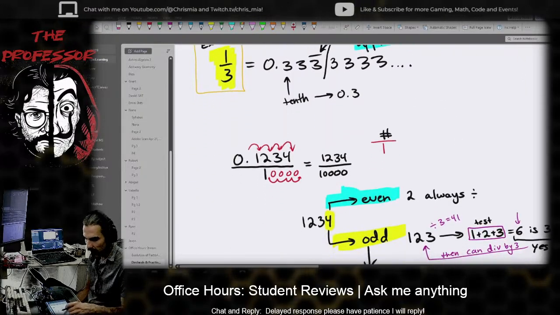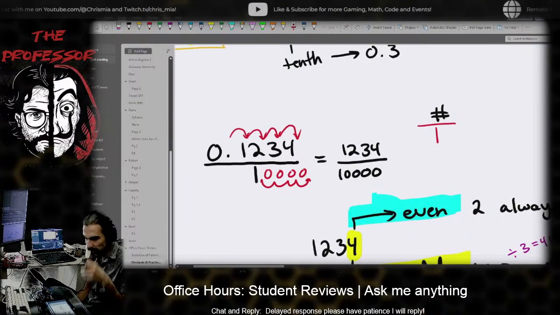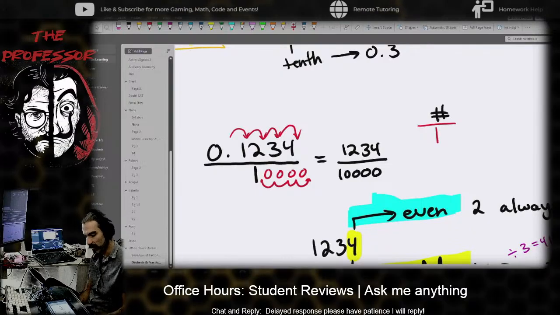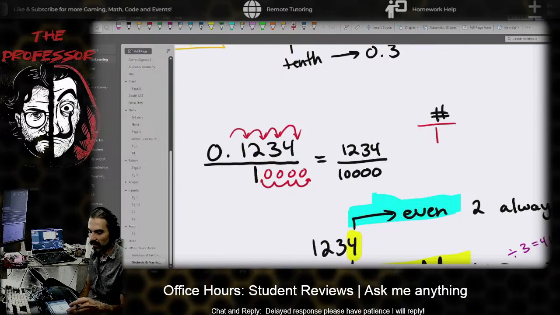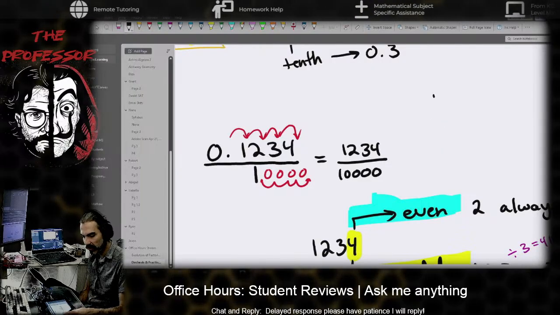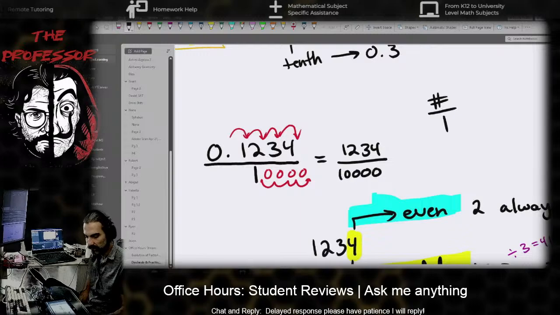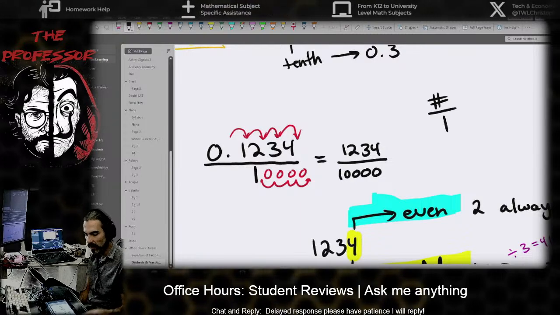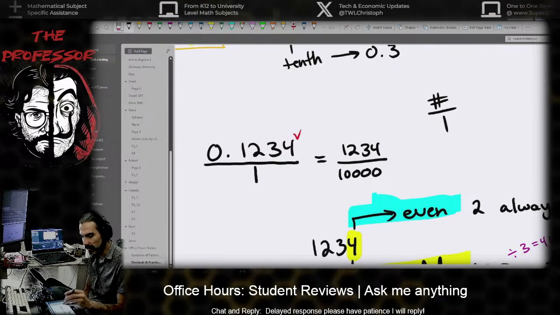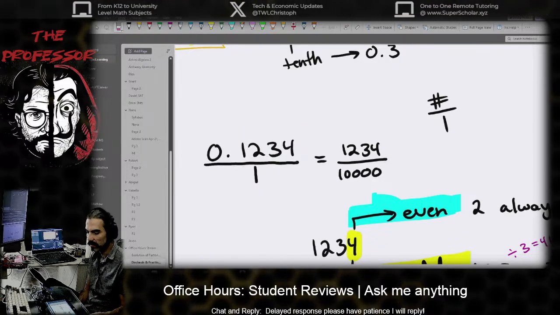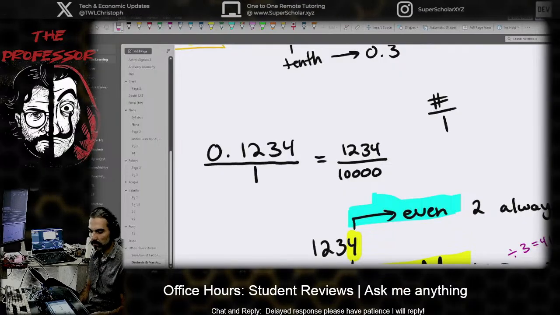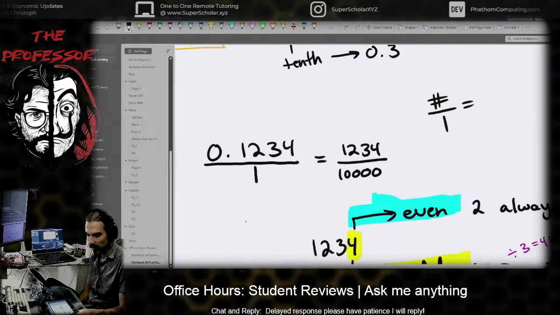So how do we work with those fractions? Well, if we have any number in space, 0.1234 in our situation here, we always have to consider that any number has a 1 underneath, just by general math instincts from our last session. That 1 can be shown at any point in time, including this 1 over, or 0.1234 divided by 1. Because any number divided by 1 is still that number.